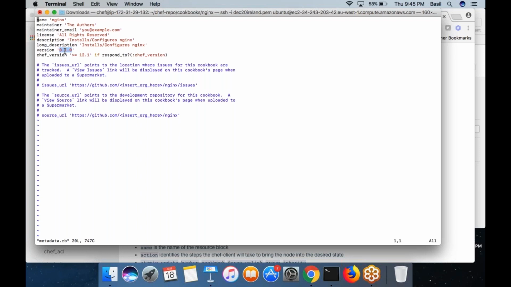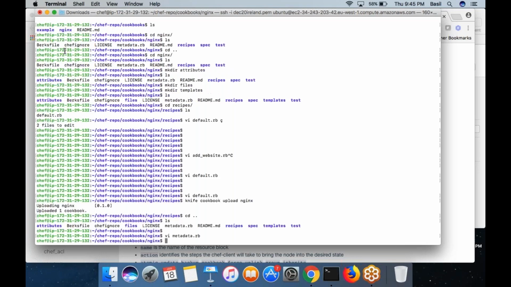So whenever I modify a cookbook, then I can upload the cookbook as a different version. So in that case, the Chef server can do the versioning. Just think about your Git repository. Just like the Git repository would version your code, Chef can actually version your different cookbook modifications. Whenever you make some cookbook modification, you upload the new cookbook as a different version of the cookbook.